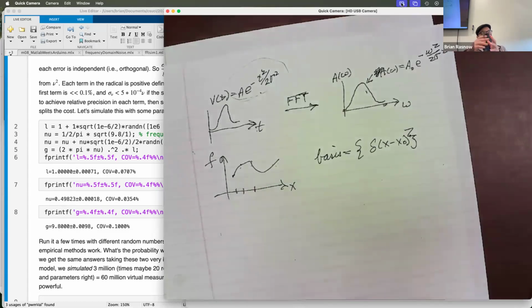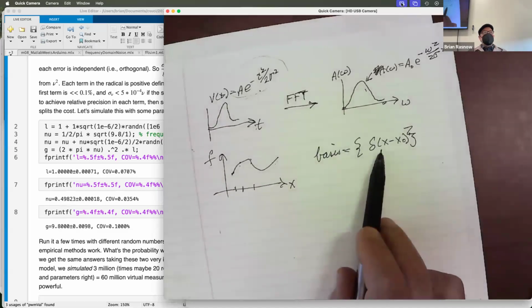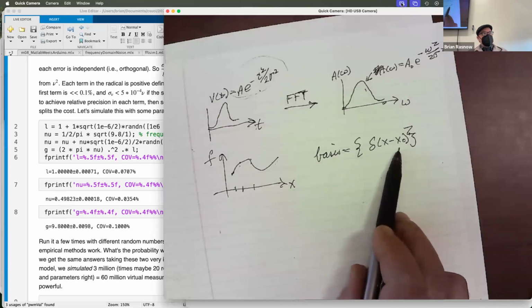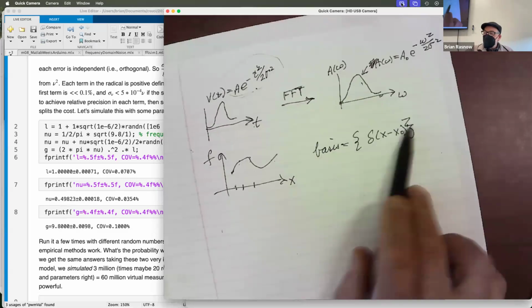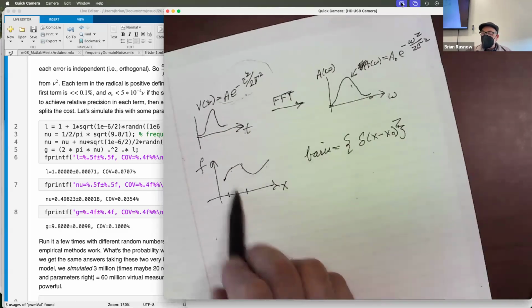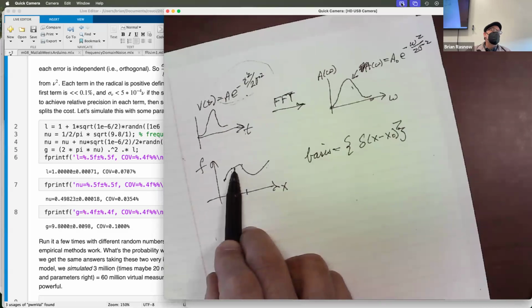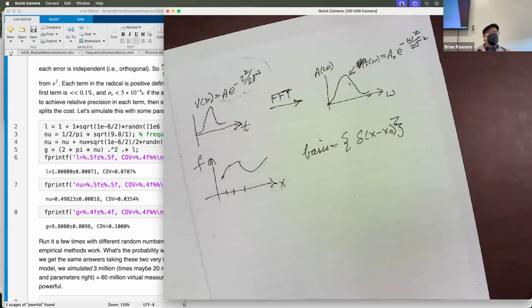I mean, this could be a nice continuous polynomial or something like that. But let's write it in terms of this basis, right? And again, it's an infinite dimensional basis because between any two different x naughts, I can pick another one, right? And stick it in there. And then I just go to that x naught and say, what's the value here? That's a coefficient. So it's a sort of goofy way to think of parameterizing a function,